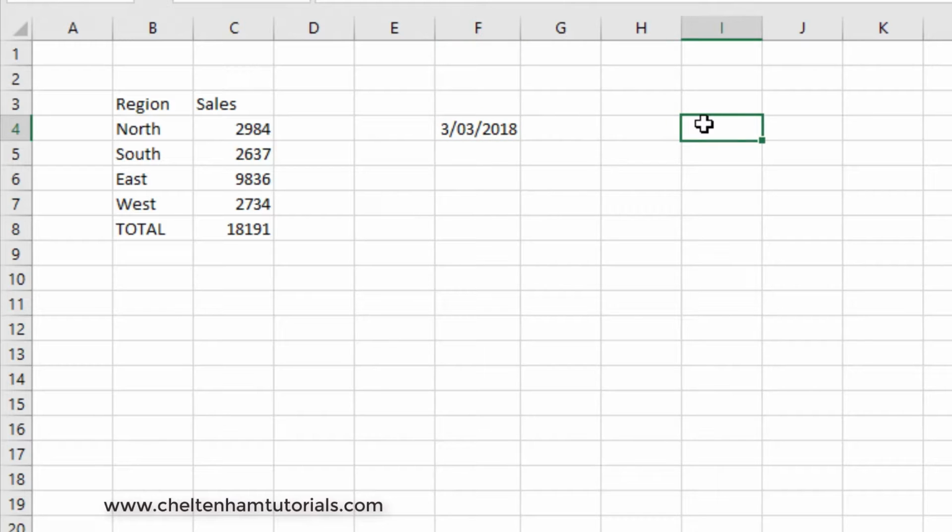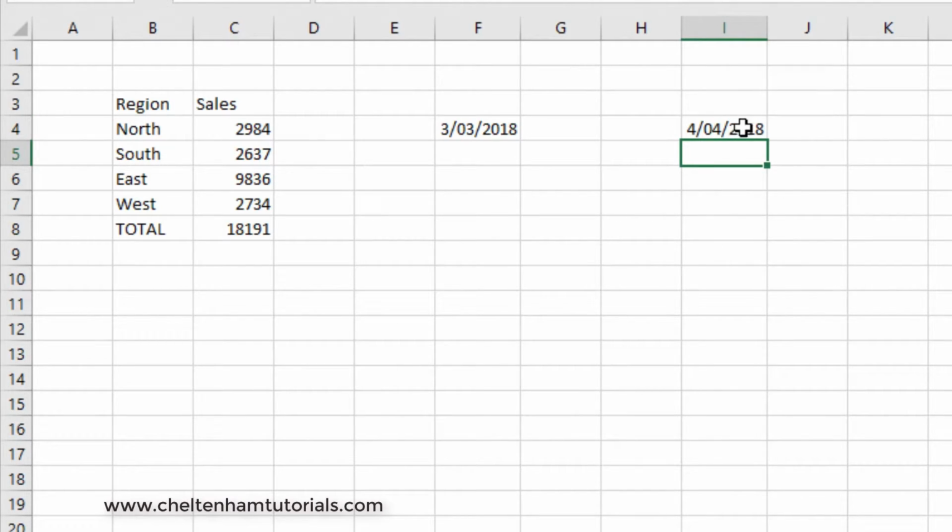I'll try it with something else like 4-4-2018. So I've got dashes there. When I press return, it formats it to this more conventional date format. Again, that can be changed, but just showing you that Excel will do a lot of work in the background